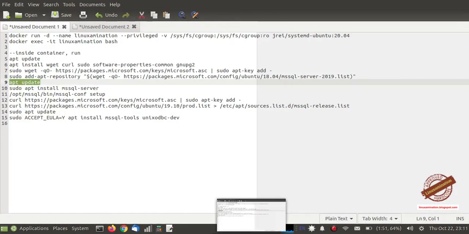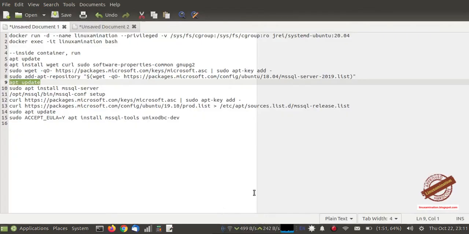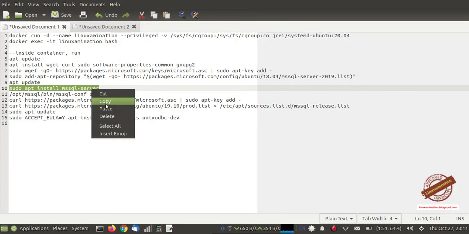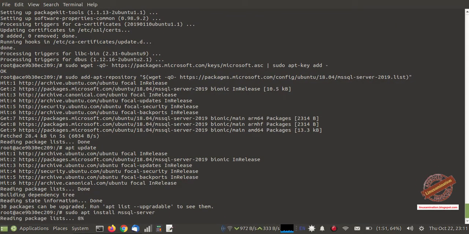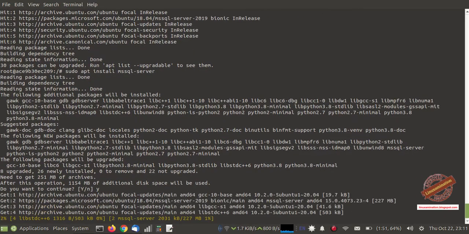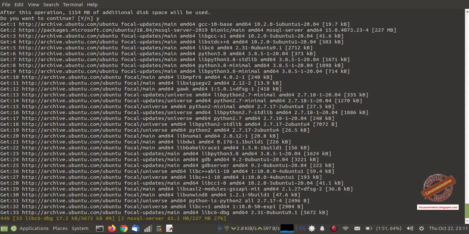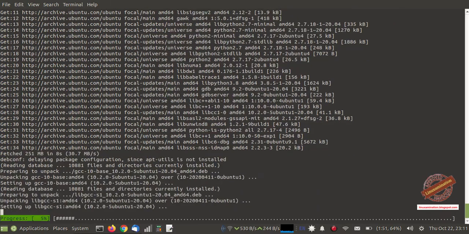Now I am updating the apt repository. And this is the command to install MS SQL Server. Without these keys, this command will not work. So that's why I had to add the Microsoft keys in my new Ubuntu 20.04 container.